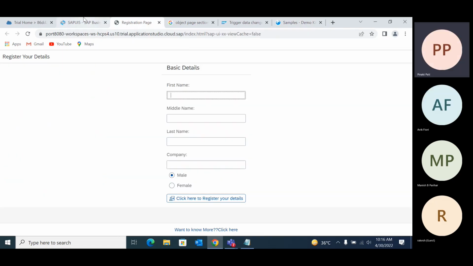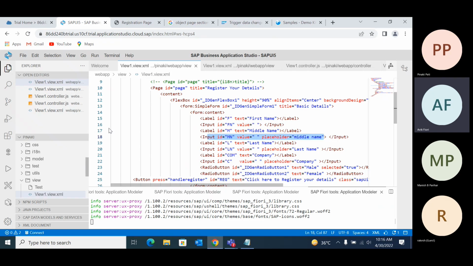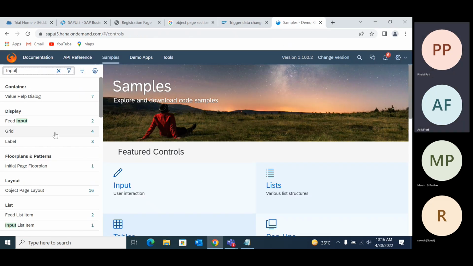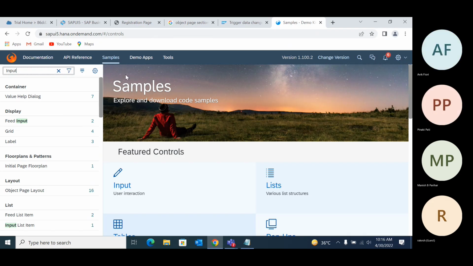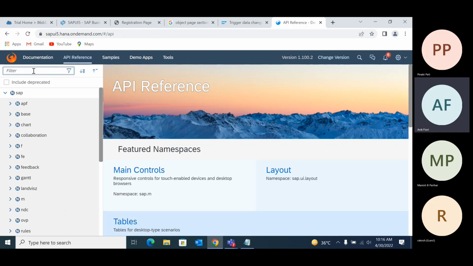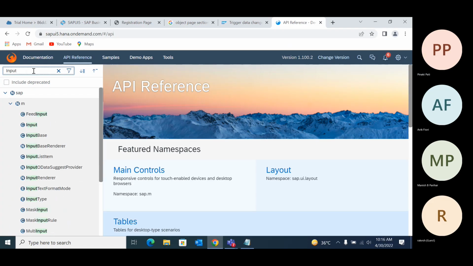Okay, just go to the API reference. I'll tell you. Go to the samples. Yeah, it's already open. Okay, go to the API reference. Yeah, search for input. Okay, that one is your control.